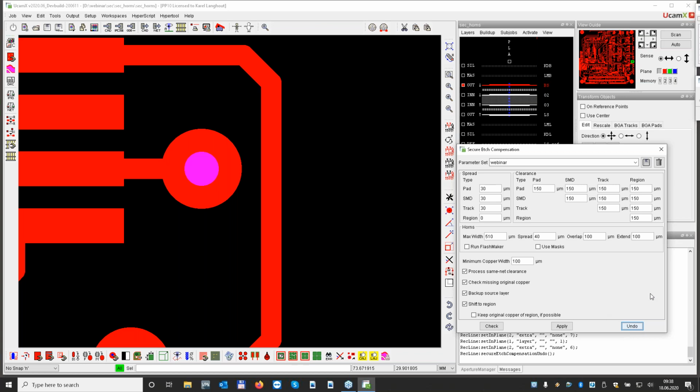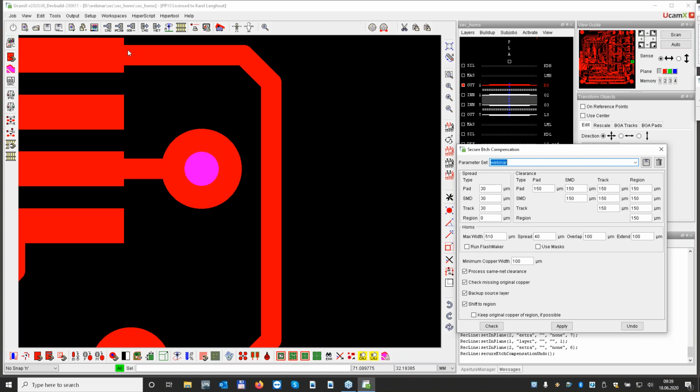Which actually means that if the board was produced, for example, in 17 micron copper thickness, and I want to have it in 35, I can just undo and then use a different spread. And this is not the copper thickness now, this is something else, the clearance or whatever. I can just reapply a new spread. So that's actually a very good thing. Even after a year, you can just undo all your copper and redo it with different values. That's what I did now on this layer. I did an undo, so everything is back to the original state.